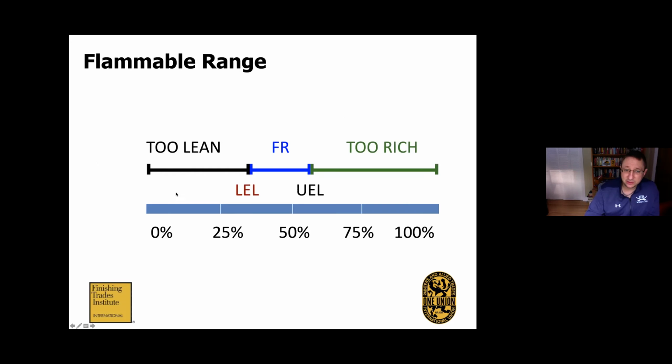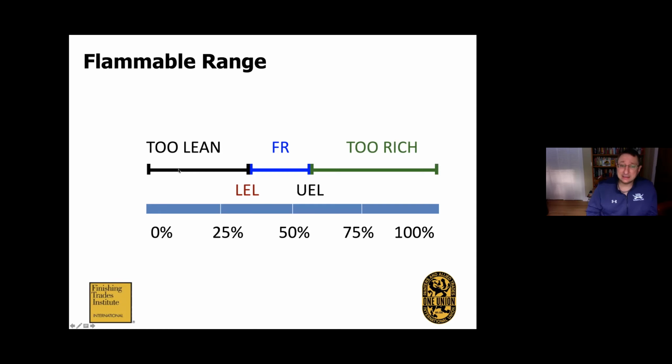So this is what it looks like on a graph. I just gave some numbers down here from 0 to 100% concentration of a vapor, any vapor in air. Wherever the LEL and the UEL of those chemicals are, anything below the LEL is too lean, and anything above the UEL is too rich. And right in the middle, that's the good spot. Or I should say, that's the spot you don't want to be. You don't have to worry as much about a fire if you're down here, but